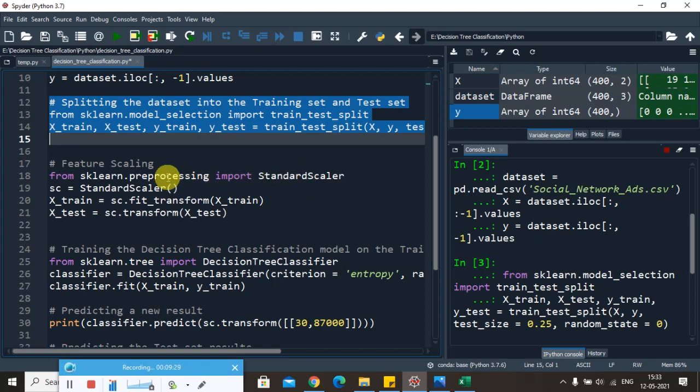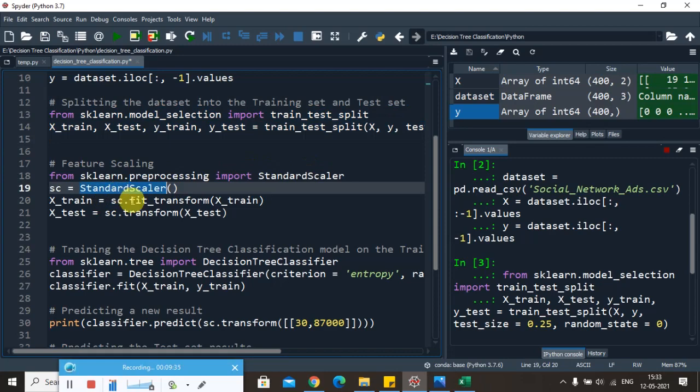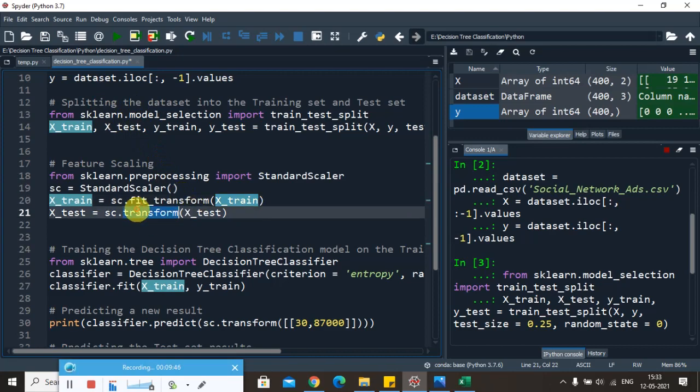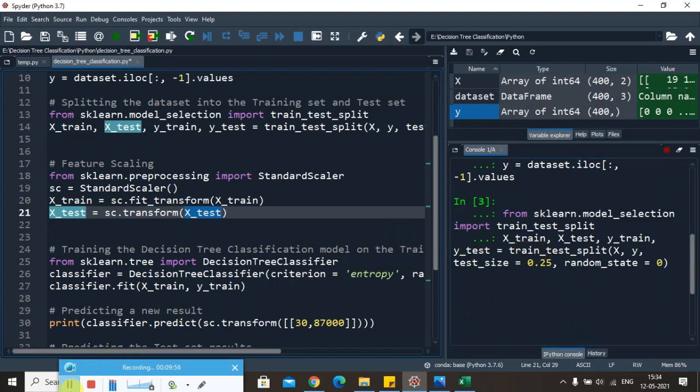For that we have to import the StandardScaler from the preprocessing library, create an instance of that class, and finally fit and transform the feature scaling for the trained dataset which has been created while splitting the dataset, and finally use only the transform method for the test dataset. Store it in two different variables, X train and X test.